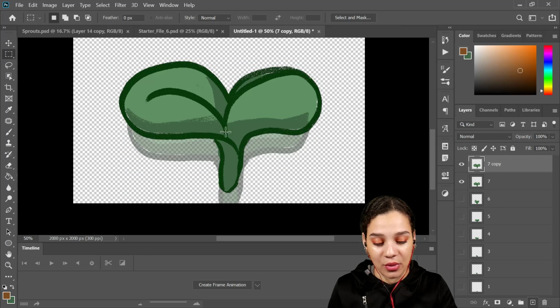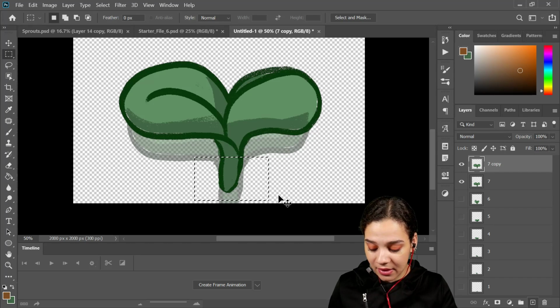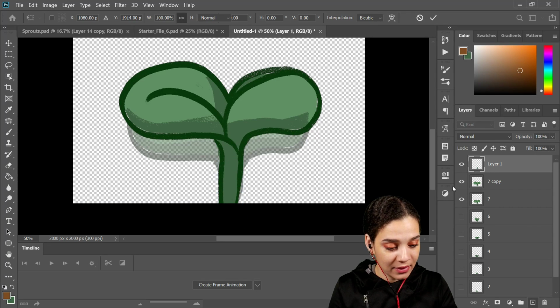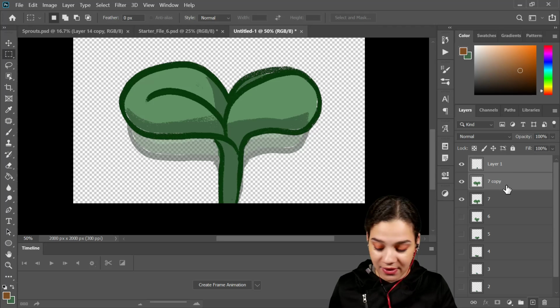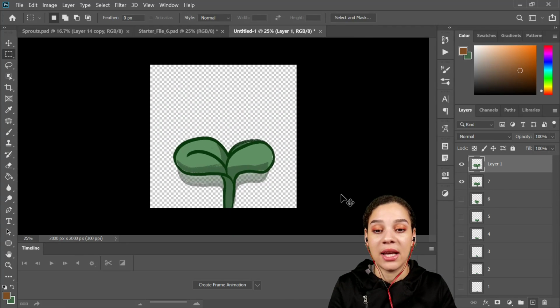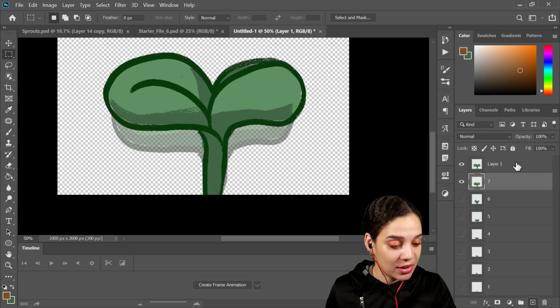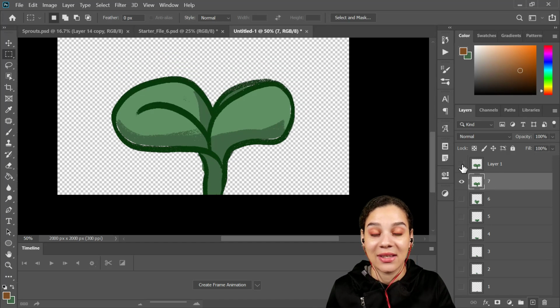And then what I'm going to do is select this little stem here. I'm going to say Control J to duplicate it, and I'm going to drag it down like that. And then I'm going to merge this together. So essentially what I've done is I've altered it from its original state, so that you can see if I crank the opacity up on this previous one, I've basically made the next stage of this